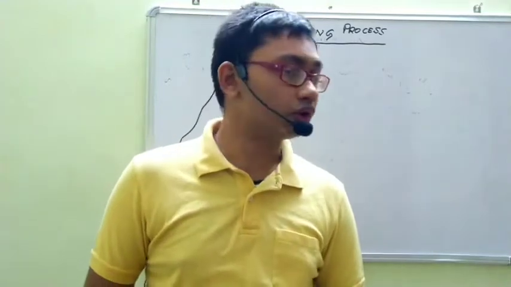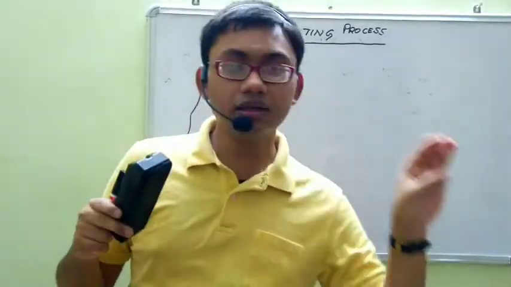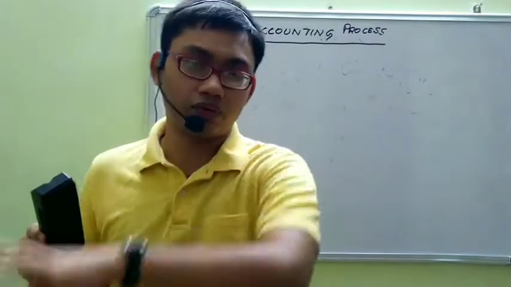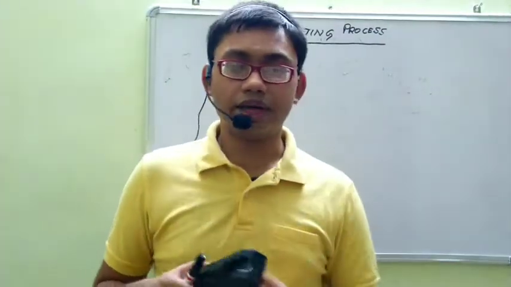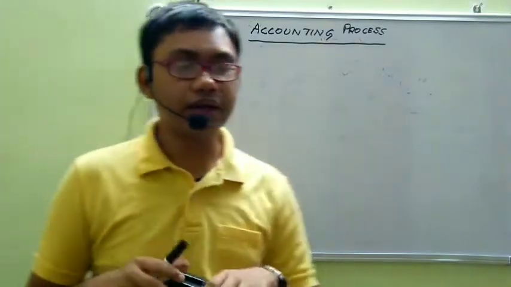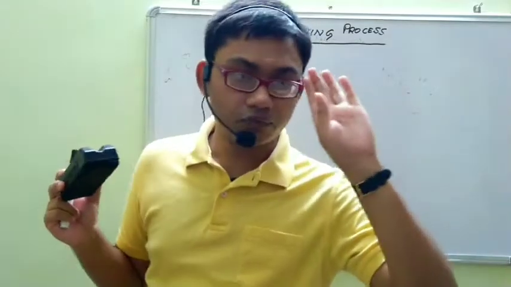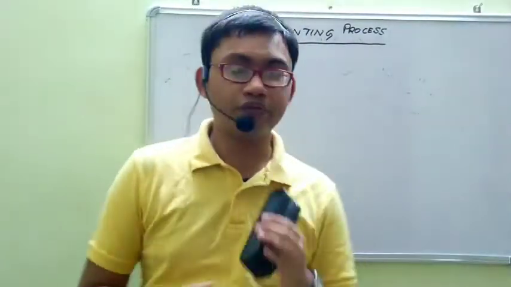From the definition, we know a lot of things. Accounting is the art of recording, classifying, and summarizing, and in the end, interpreting the result thereof. Right. So, what do we do here? First, we will write recording, classifying, summarizing, interpretation. These are the 4 steps of accounting. I would like to tell you that first.